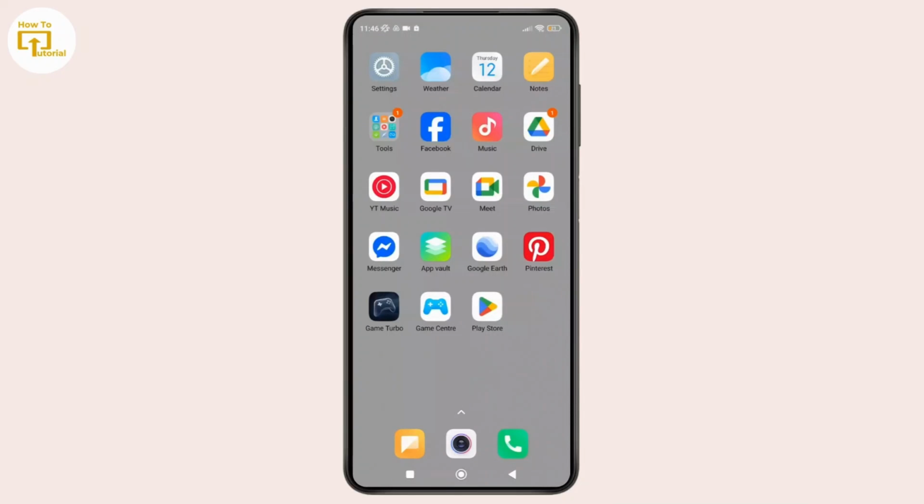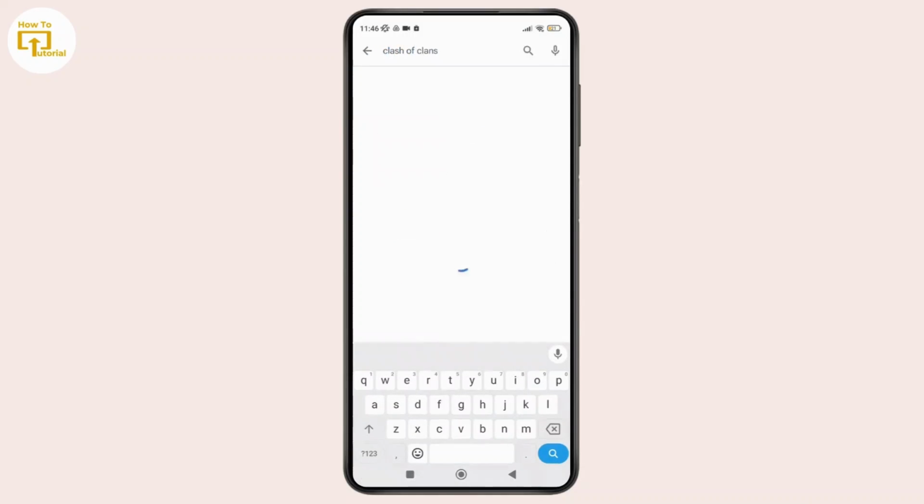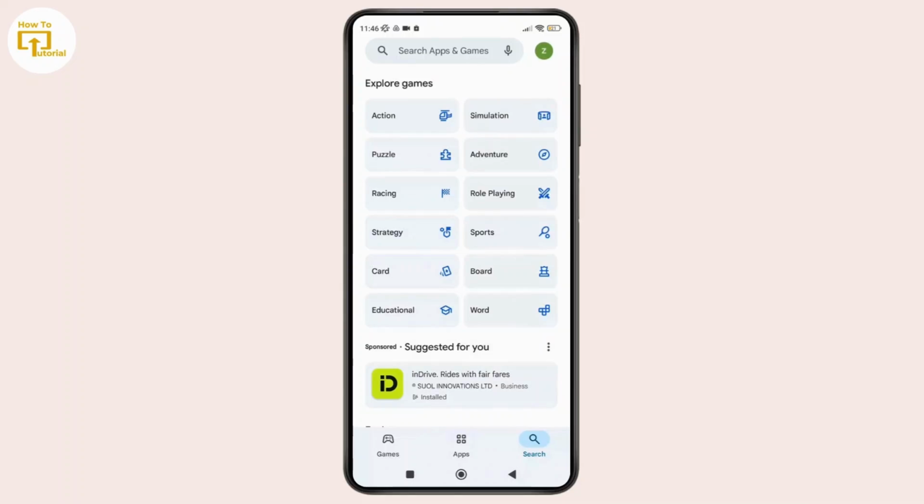So first things first, open the Play Store on your phone. And here, once you are inside the Play Store, simply search for an app. For this video, I'm simply gonna search Clash of Clans, and here you would see it's currently visible and installed. So to hide it, simply go back and tap on the profile icon at the top right corner